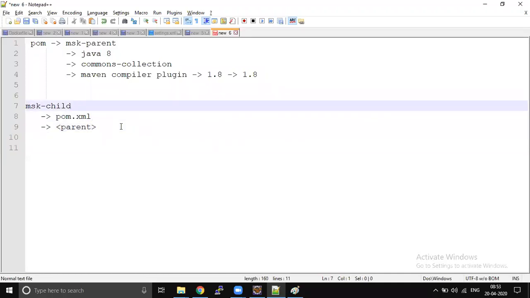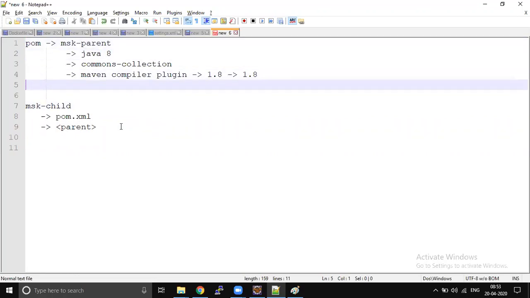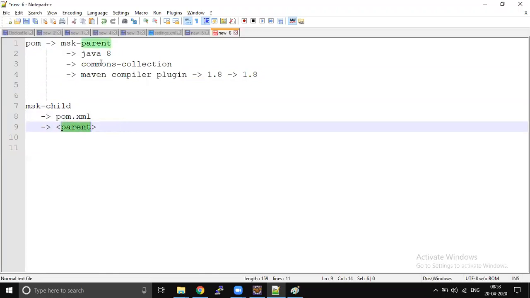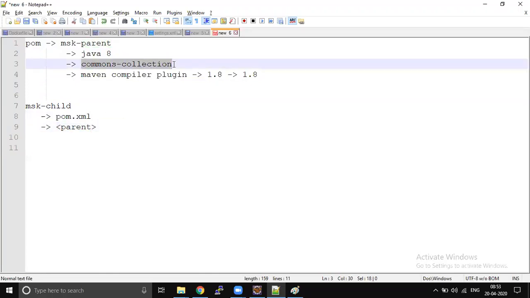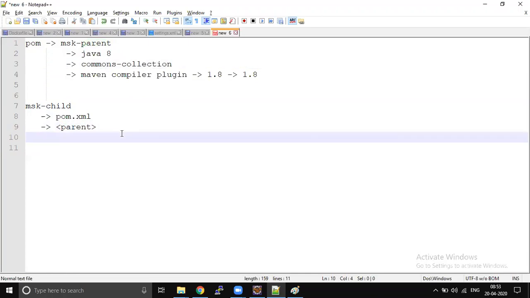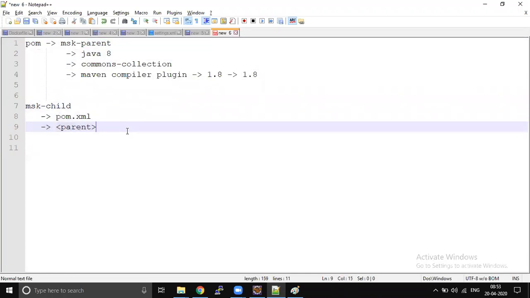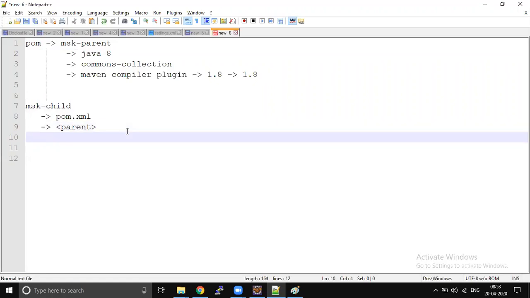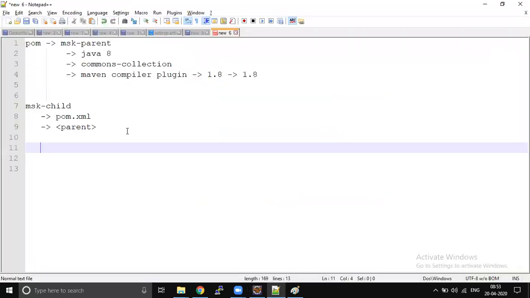Okay, so this is an assignment for you guys. Try to create a parent pom.xml file and create one child, use the parent in the child, and start using the dependency libraries directly. Just try this out. Anyway, I will show this tomorrow, but try from your end. This is going to be your assignment. I will send a detailed email also, with what group ID and artifact ID you want to use, and if required, I will share some links for your reference.